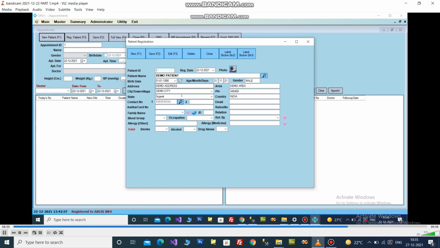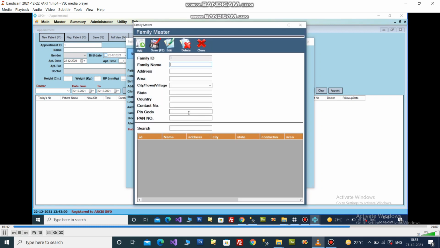You can provide family details by entering in Family Master.